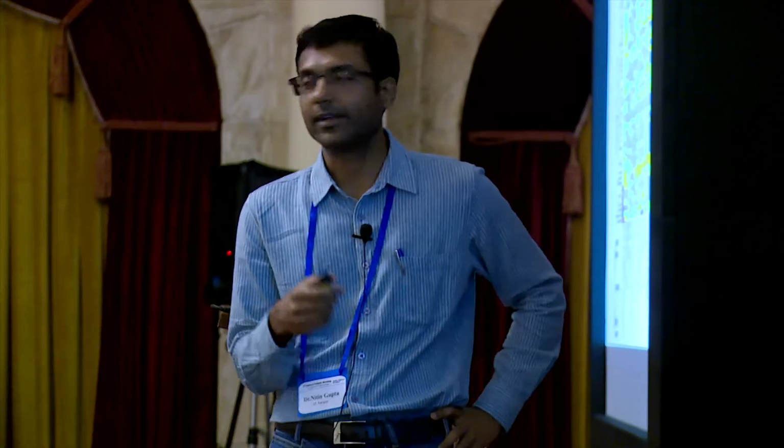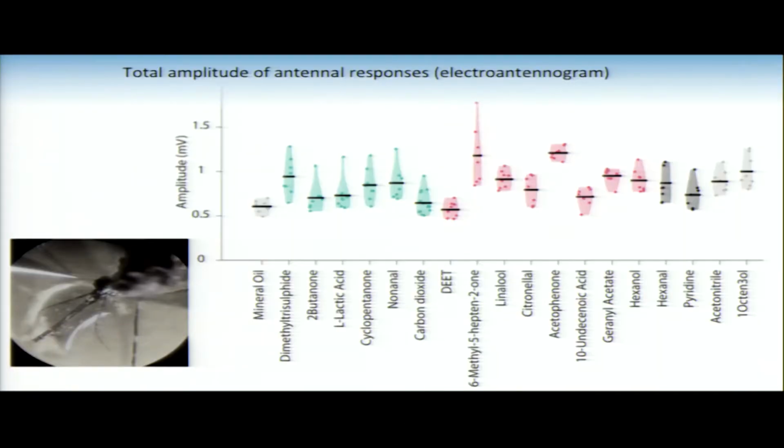So how is the attraction and aversion coded then? Another possibility we considered is whether there is a difference in the overall amount of activity that these two types of odors generate on the sensory organs. For that, we use a technique of electroantennogram, in which we basically put a blunt electrode in the antenna directly and measure the overall activity on the organ. And here I am showing you the responses generated on the antenna by different odors.